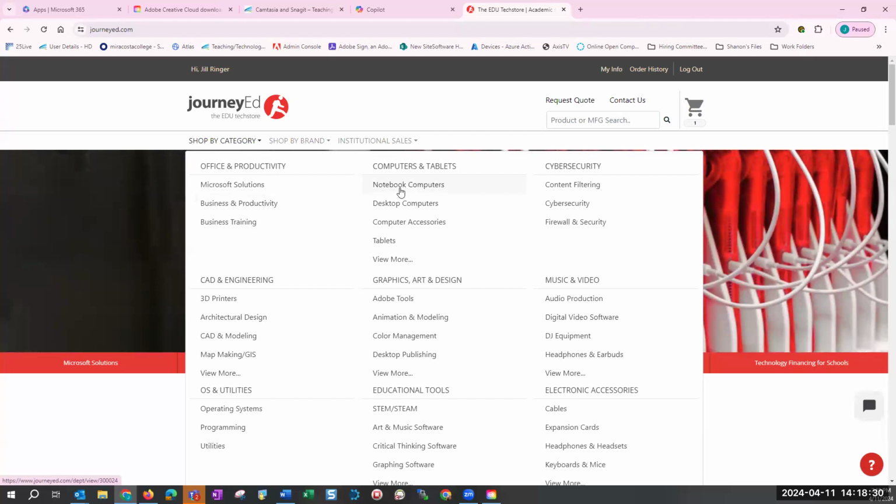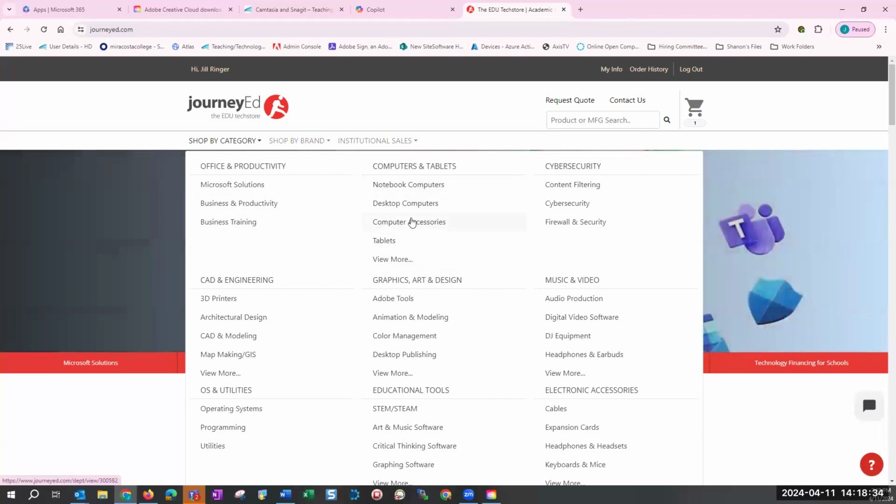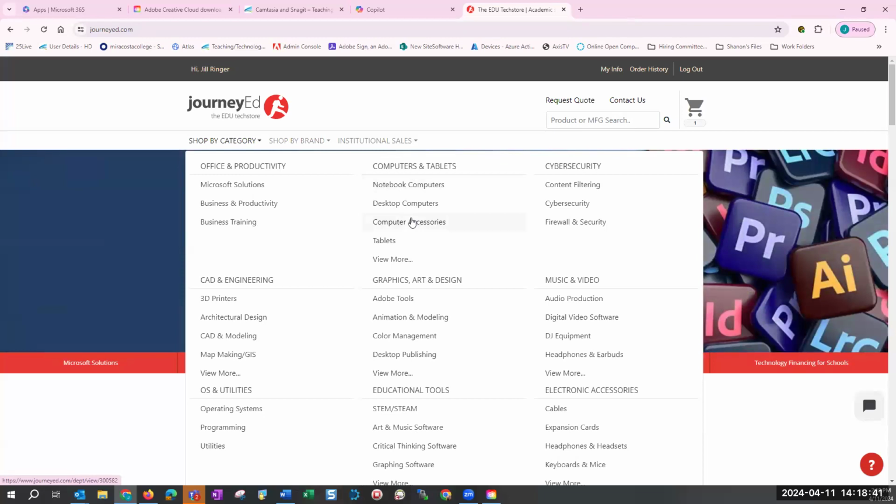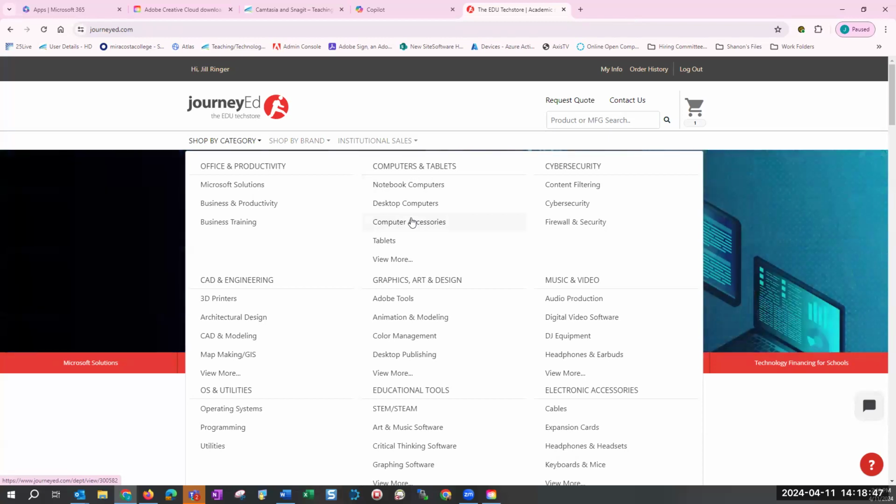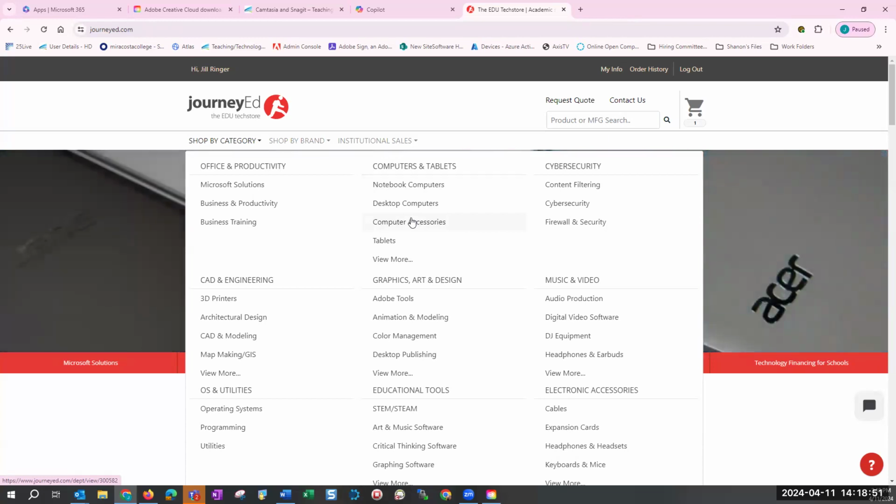You can do notebook computers. Just remember the computers here. If you've ever looked at bestbuy.com or Fry's, is Fry's.com still available? I'm not sure. You'll have three different prices for computers. One's called a refurbished computer.